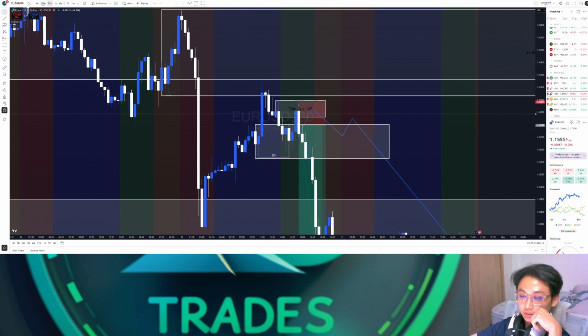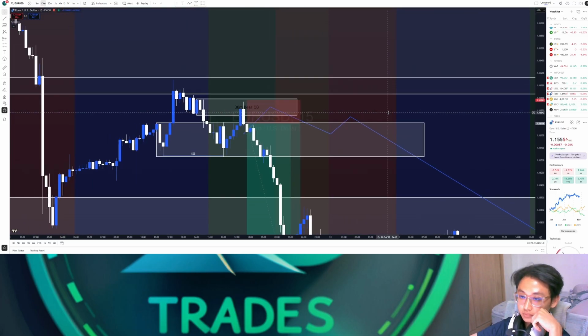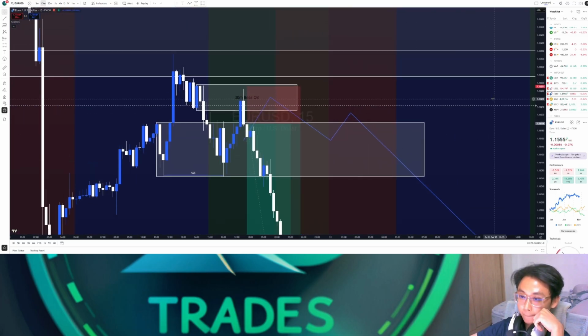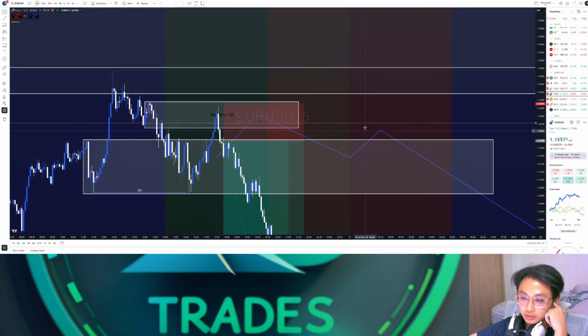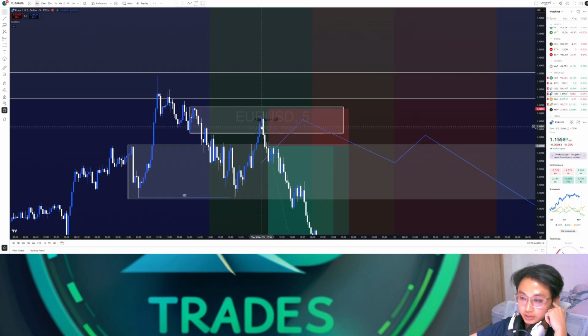So going to the 15 minutes. Now we go to the low time frame. Here you can see that there is no imbalances. You can see this leg up here, no imbalances. Even on higher time frame, there's no imbalance. So lower time frame, no imbalance also. Going down, lower time frame. Okay, so you can see as price headed down,